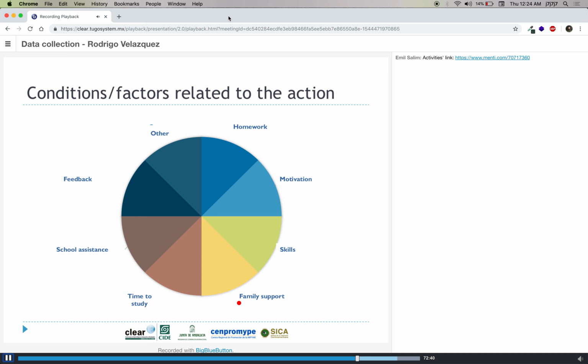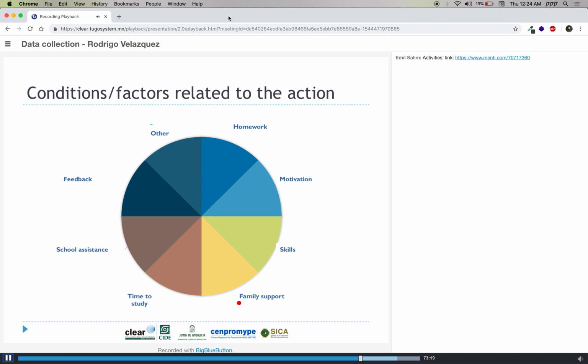Their parents were worried because they wanted their kids to increase their grades. So of course they had family support so that kids were able to increase their grades. Another very important condition related to this action was the fact that the kids were able to study. They had time to study, or they had a space or an area to study, because maybe we can have relevant actions, but if we do not have the areas for them to do this, then the action cannot be implemented because physically there is no space to do this.